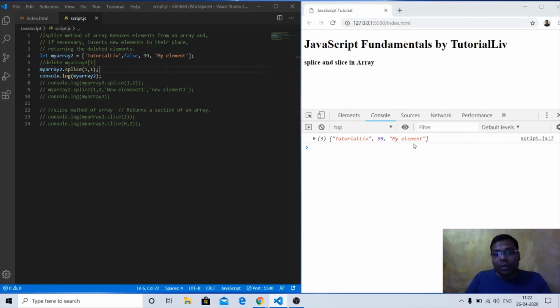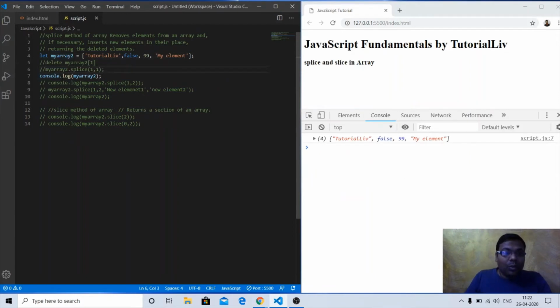We now have 3 elements in the array, and the length of this array is now 3. But while we were using the delete method, the length of the array was the same as earlier, before using the delete method, and it created an empty hole here at the first index from where we had deleted the element. Okay, now the second thing.